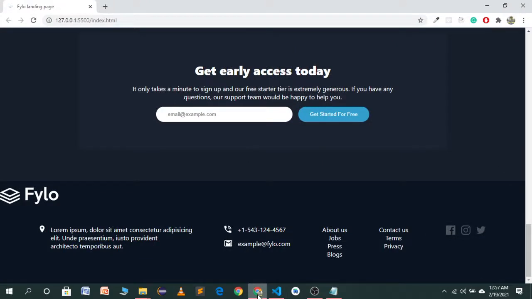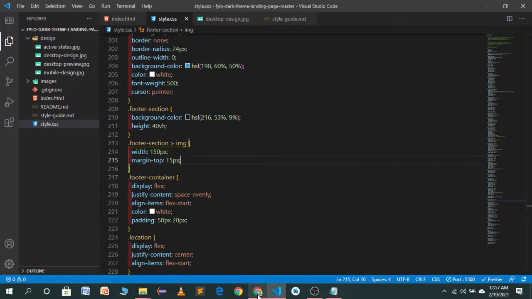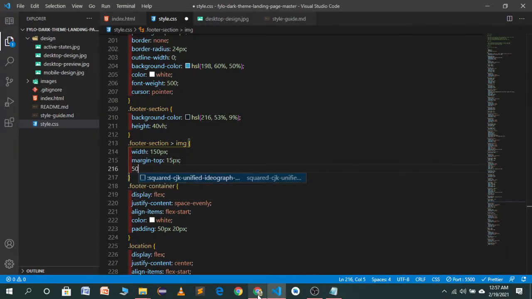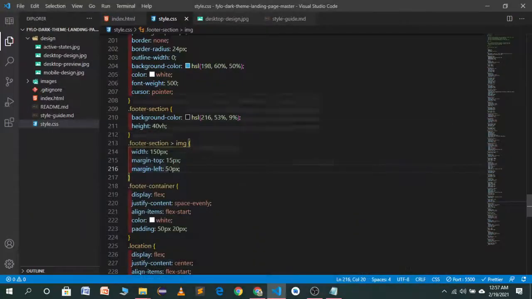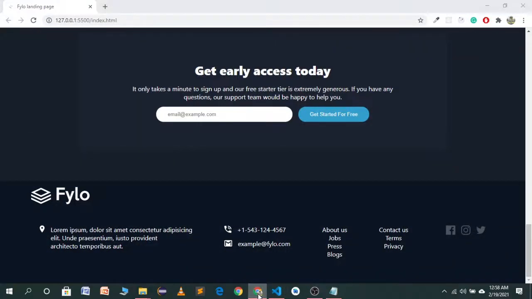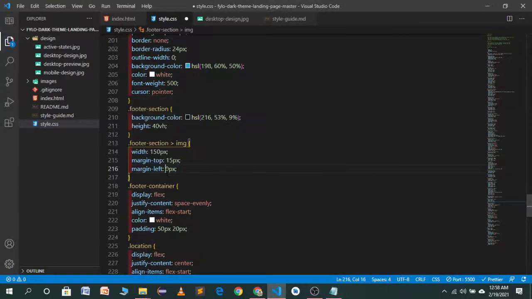and we want to give it a margin left of, I think, maybe 15 pixel. Let's see how it looks. 15 pixel is not enough. Let's try 80. Let's try 90.